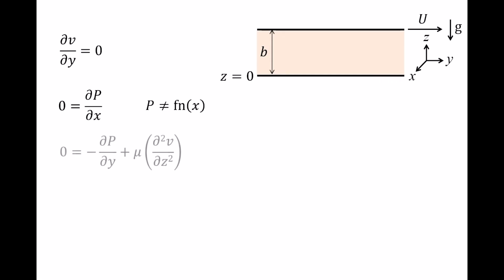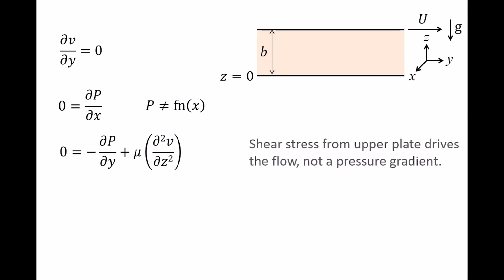The Navier-Stokes equation in the y direction becomes 0 equals negative partial pressure partial y plus absolute viscosity mu times the second partial derivative of v with respect to z. Here we need to use some intuition to simplify the equation further. The shear stress caused by the upper plate moving to the right is what ultimately drives the flow, not a pressure gradient like in flows through pressurized pipes. So we can deduce that the pressure should not vary in the y direction, and the partial p partial y